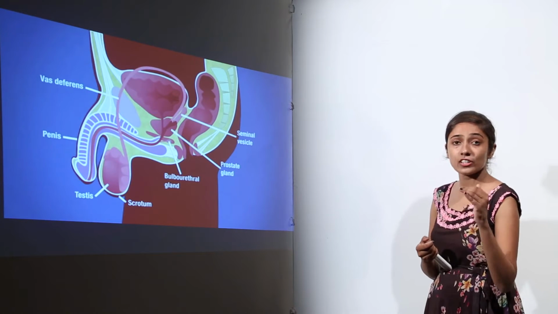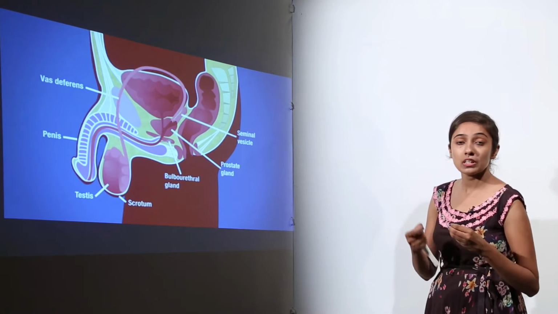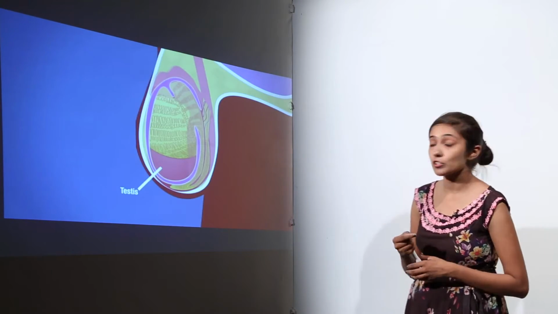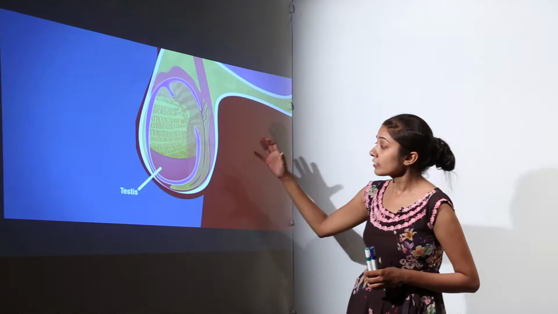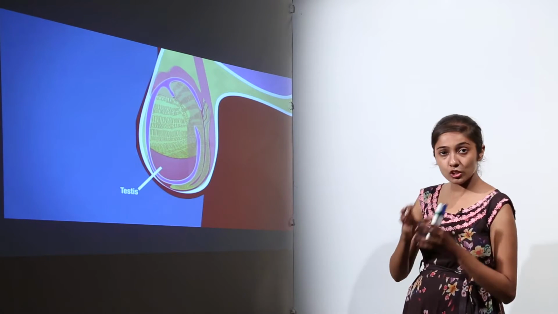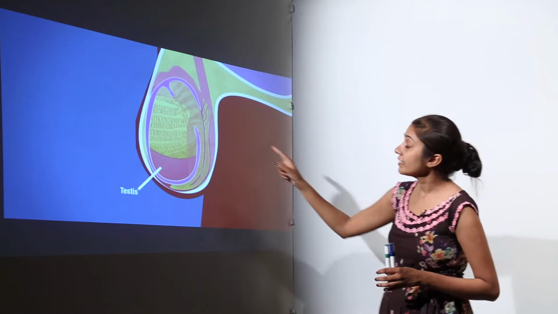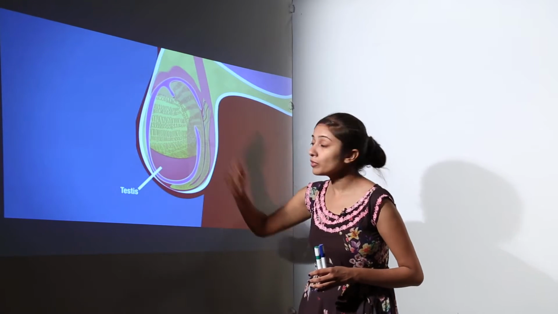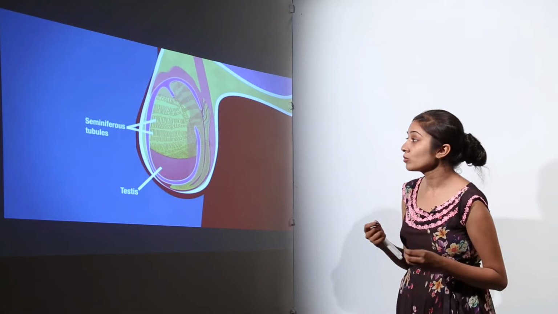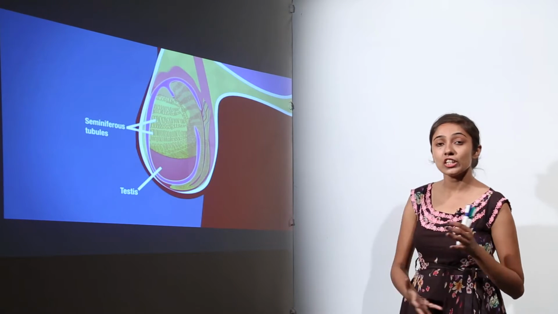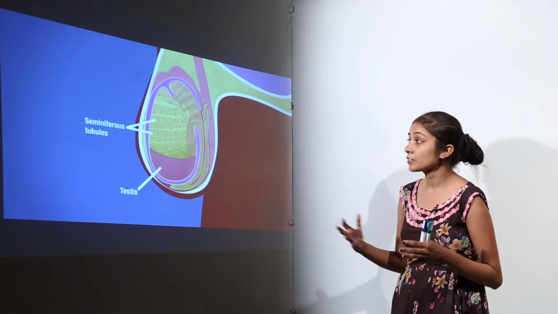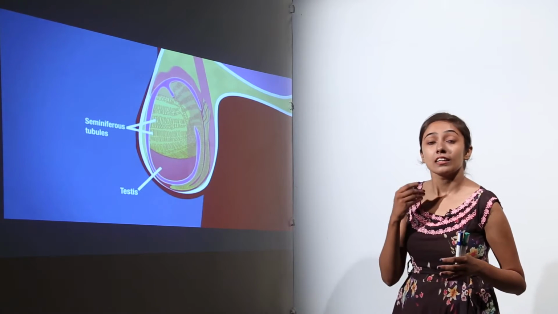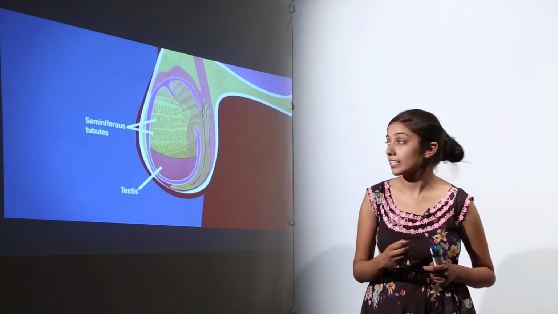Now this can actually give you a view of how the sperms are there and what is the pathway of the sperms. So testes, they are there in the scrotum, the pouch like structure, and inside the testis we have these seminiferous tubules, right. These seminiferous tubules, they have majorly two types of cells. They are the spermatogenic cells and the Nurse cells or Sertoli cells.